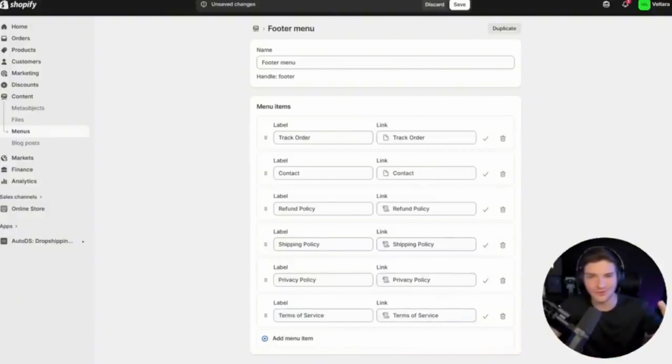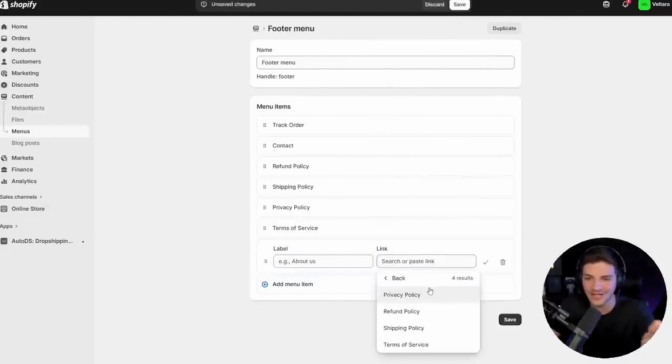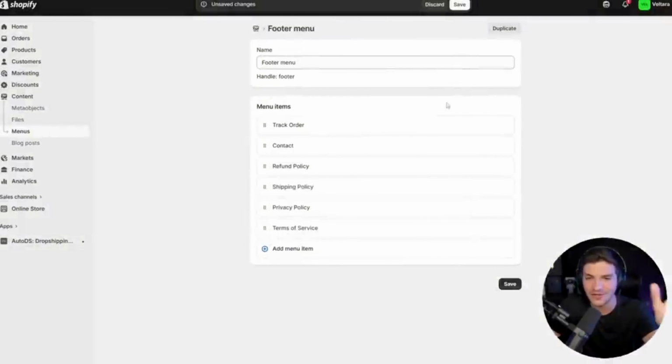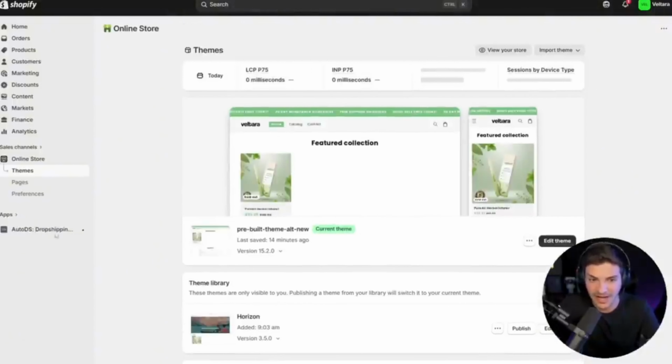And I know I just went a little quick there, guys, but essentially, look, if you hover your mouse over one of these, click it, boom, you can just add it to the menu. So that is it for our menus, for our settings. Guys, I think the store is done. We just need to go get some last minute apps and then we can go launch our ads. So let's come